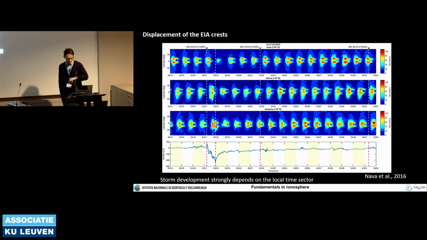And this also has important effects on the formation of plasma bubbles. Right? So these are one of the most challenging things to model in the occurrence of irregularities in the low latitude sector, and there are still many efforts in place to understand how the storm time behavior affects the formation of the irregularities and also of the crests when geospace forcing is pushing.